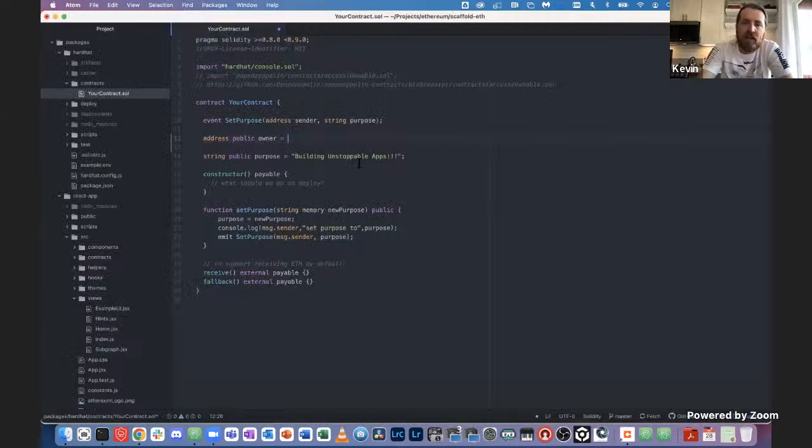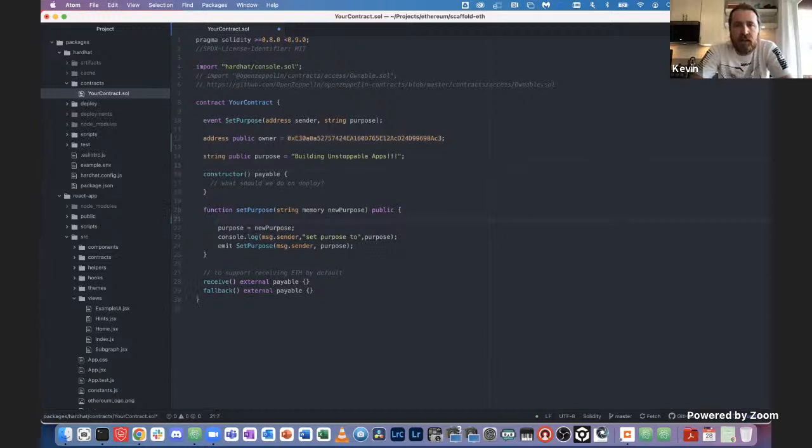So we can define that this is the owner, and this is a new variable, and this is the address for that owner. Then we can come down to this set purpose function, and we can start to do a kind of hacky access control, I would say. This is the old school way to do it, which I'm going to show you, and then I'm going to show you the new school way. We're going to say require message.sender equal to owner. And if not, let's say, "You are not the owner." Sorry, not the owner. All right,